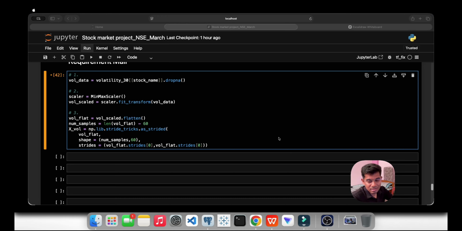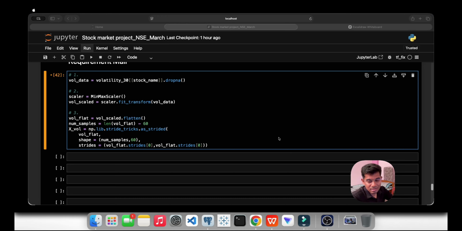Batch size equal to 32 means it will update weights after every 32 samples. Think of batches like coaching, where you have first batch, second batch, third batch.